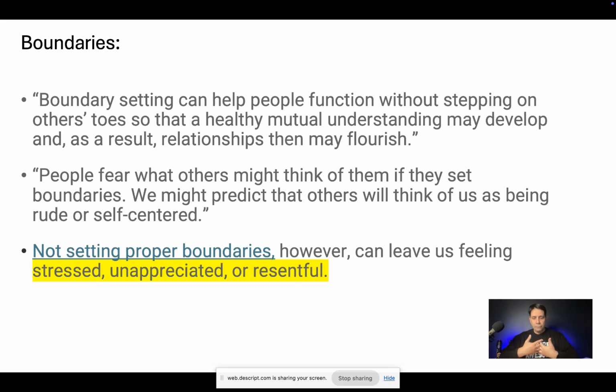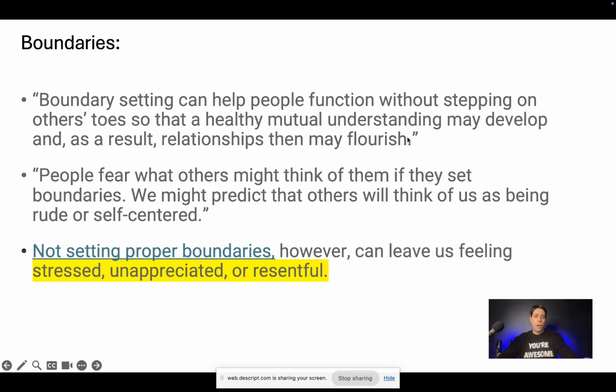For example, is there a boundary of homework in your classroom, right? And sometimes it's like, I asked them to put their homework away and they never put their homework away. It would be a lot easier from day one if we set the boundary that, hey, we're not going to let homework be done in this class. I'll talk about how I'm going to do that later on. But we could deal with it every day, or we could just deal with it up front and then enforce and keep that boundary.